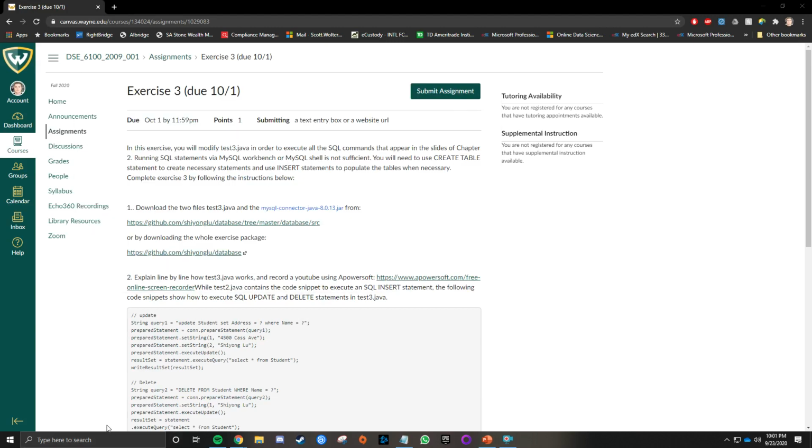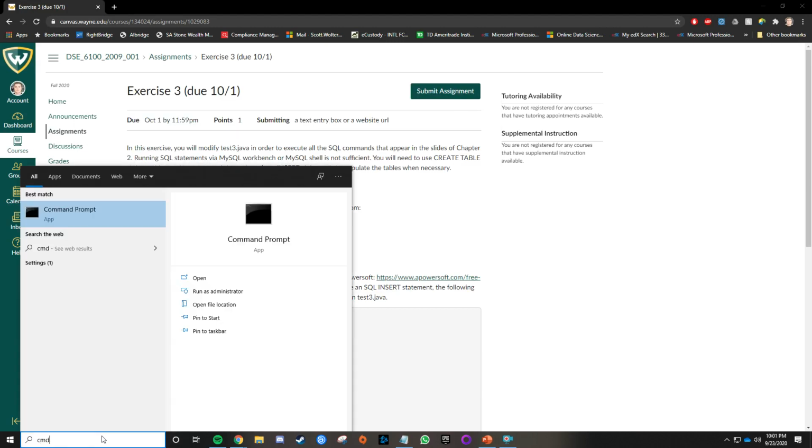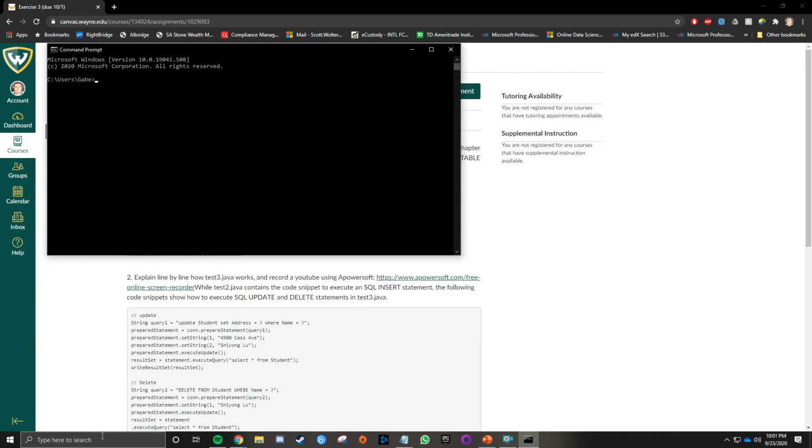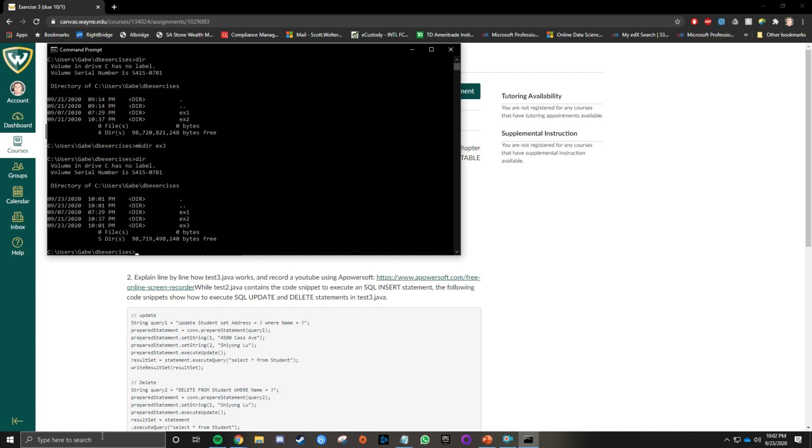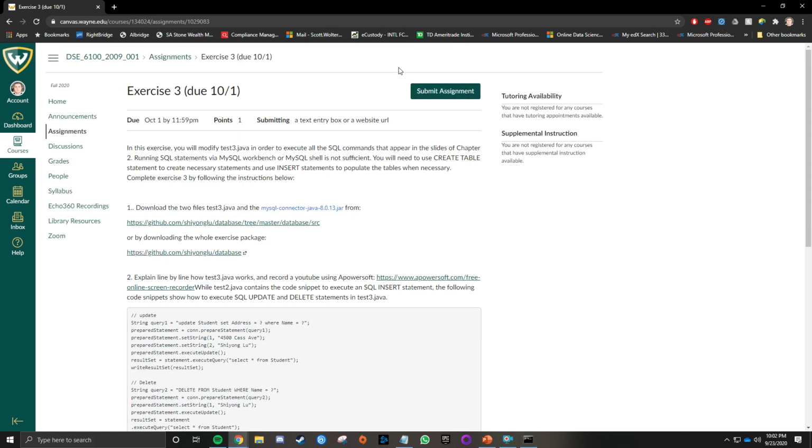So to start with, I'm going to pull up my command line and enter DB exercises. Take a quick peek at my directory. I'm going to do make directory x3. Alright, perfect. So now I have my directory, and I'm going to go to Git,